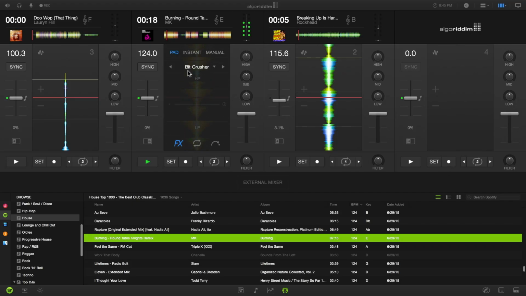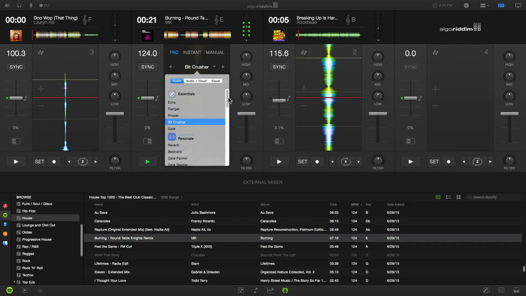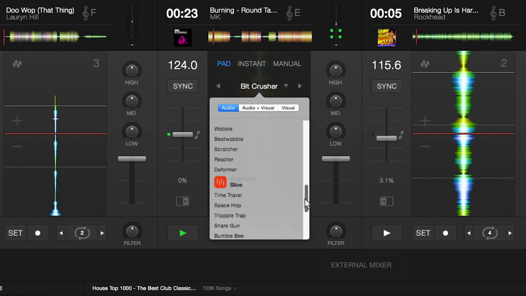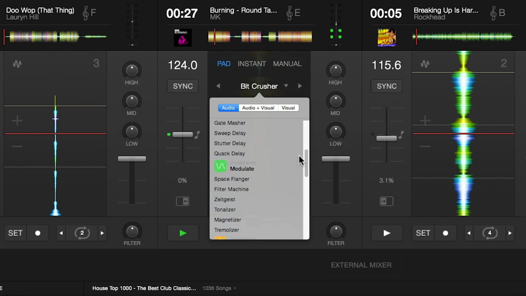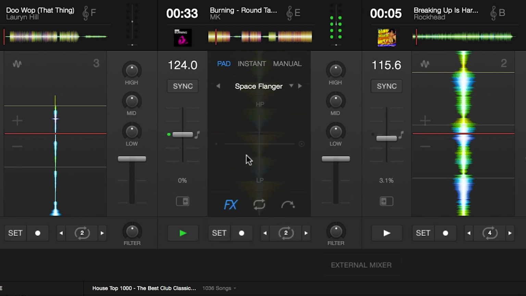Let's listen to some of these other effects. Now, these effects at the bottom are the ones that I want to talk about. These are the Sugar Bytes effects. Sugar Bytes makes some interesting effects plugins. Now, you have to pay for these, so these are not free. But if you do pay for them,